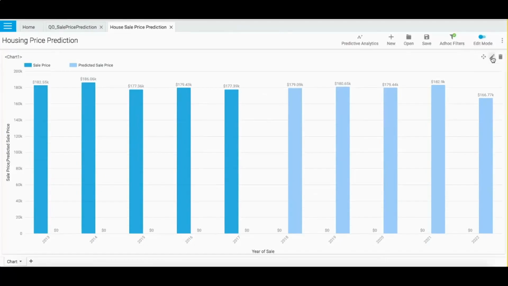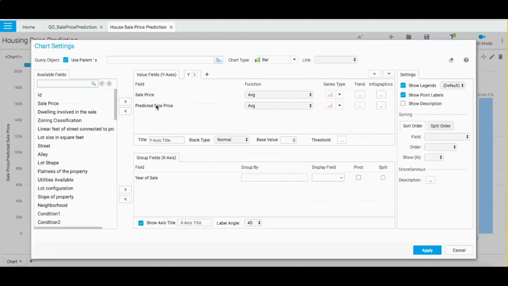Designing this chart visualization is as simple as I drag the sales price and set the function as average, the predicted sales price, and then I've got year of sale. Year of sale, I just dragged from the available fields from the website. That's it. So this should be the level of simplicity for creating reports or visualizations over any complex data processing that happened in the background.